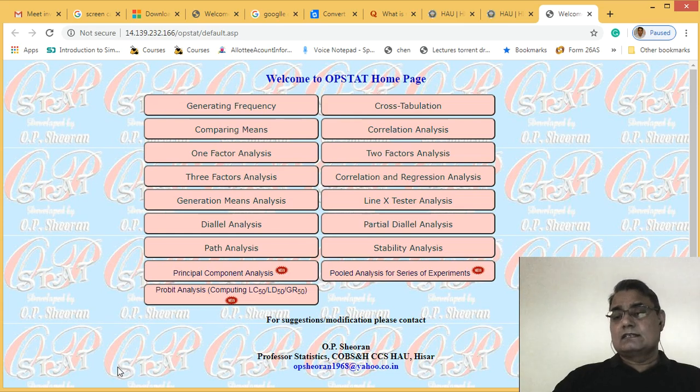One-way ANOVA is another method by which you can compare the means of several samples simultaneously. When the number of samples increases from 2 to more, the number of t-tests also increases rapidly. For example, for 3 samples, we have to perform 3 t-tests: 1 with 2, 1 with 3, 2 with 3. If the number of samples is 4, then we have to perform 6 tests. If the number of samples is 5, then we have to perform 10 tests, and this goes on increasing.